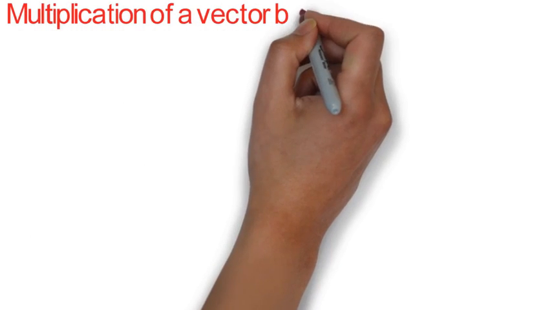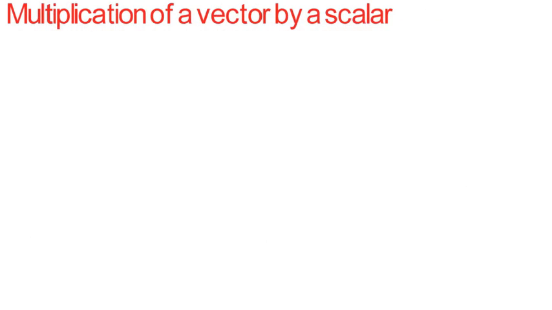Multiplication of vector by scalar. In this lecture, we will discuss what happens when a scalar is multiplied with a vector. Scalars could be of two types: dimensionless scalars and scalars which have dimensions. So there could be four possible cases of multiplication of a scalar with vector, and we are going to discuss